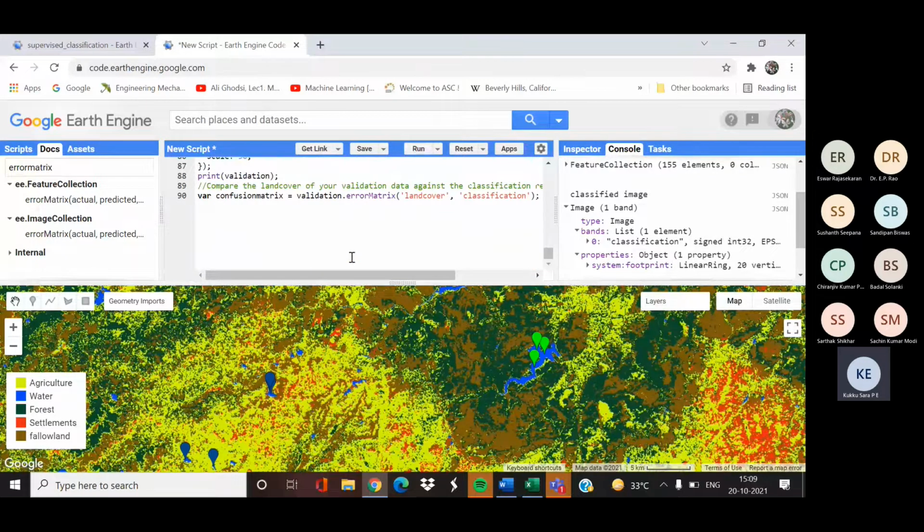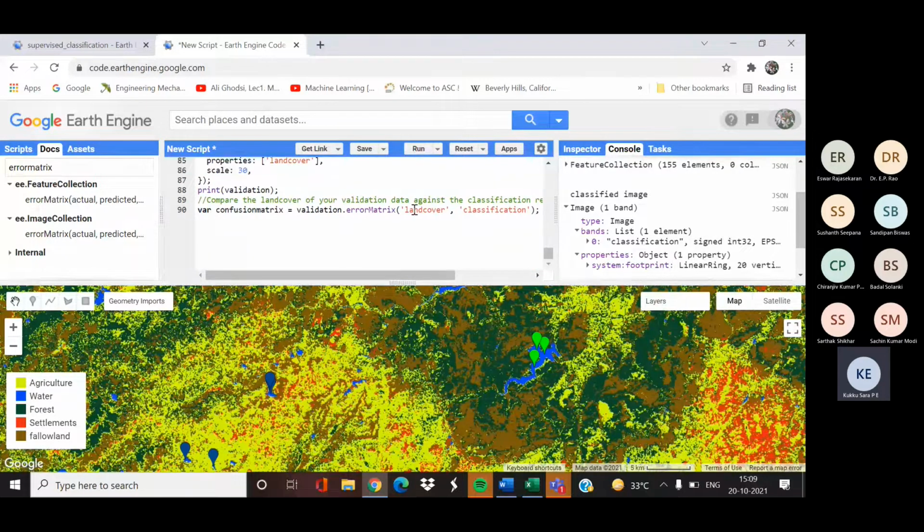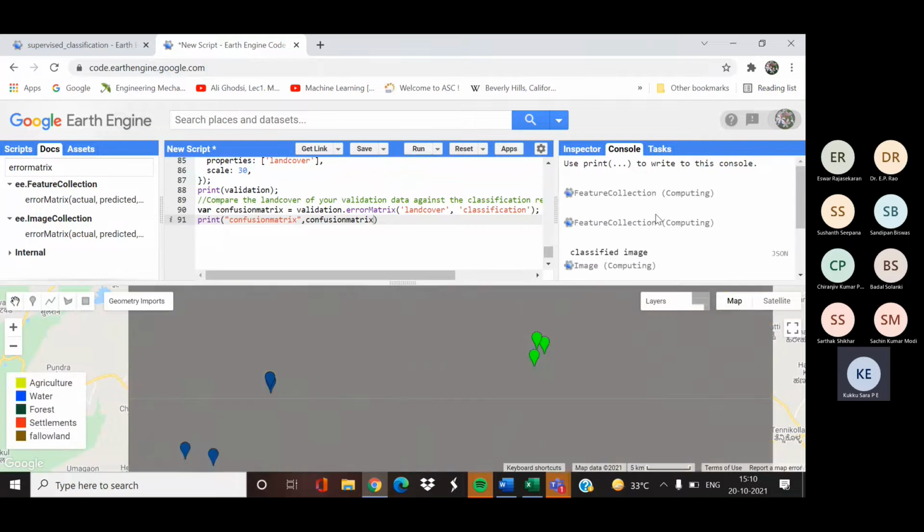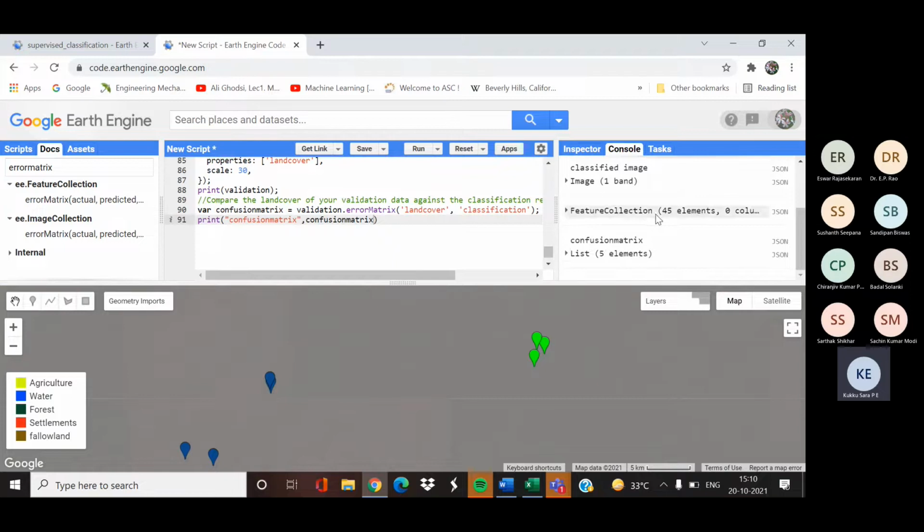So here we are calculating the confusion matrix. The property name for our validation data is land cover, and for the predicted, our classified image, is classification. So this is the confusion matrix.